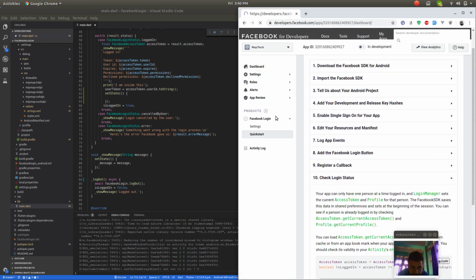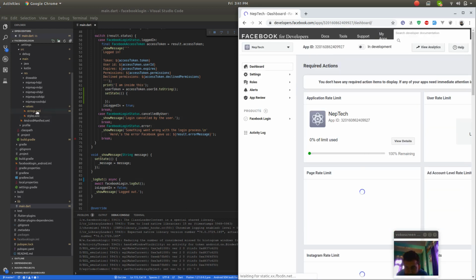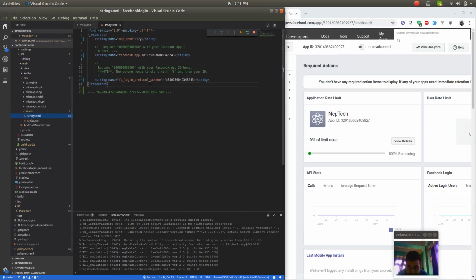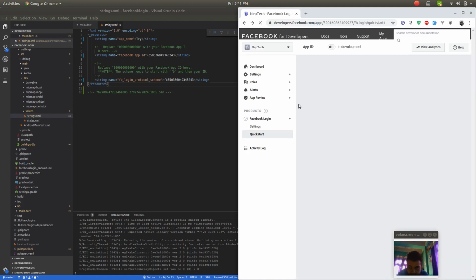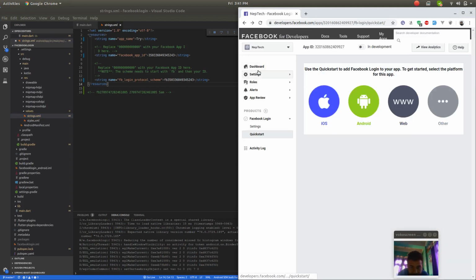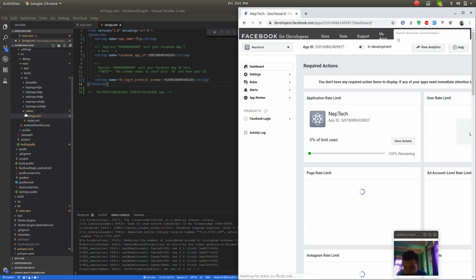Now after creating all this, you have to create strings.xml and copy your app name. Navtech is my app name, so right here Navtech, and its primary things, that's all. And after that